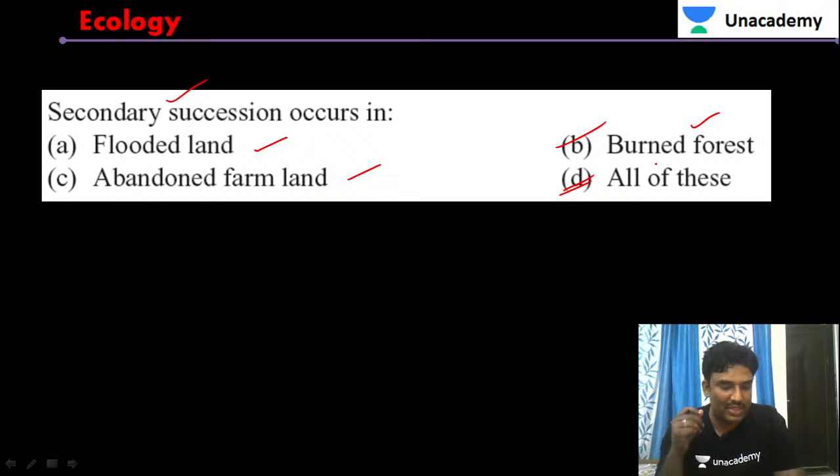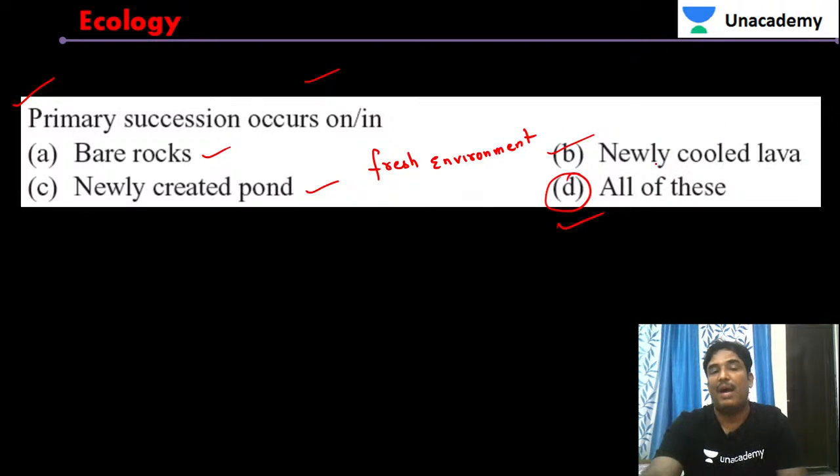Yes, Komla, you are asking a question: plants only on bare rocks? Plant succession takes place only on bare rocks actually. Only plant succession is applicable for the bare rocks. Even in newly cooled lava, it provides habitat for some other organisms, for example some bacteria like green and purple sulfur bacteria, which grow in the cooled lava, because lava when it bursts from the volcanoes and gets cooled,